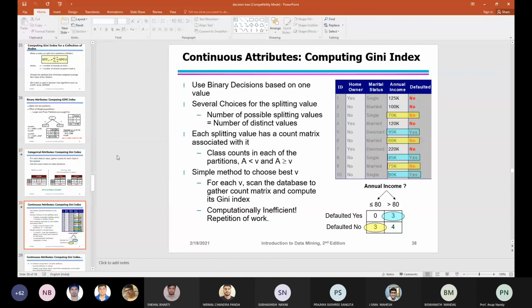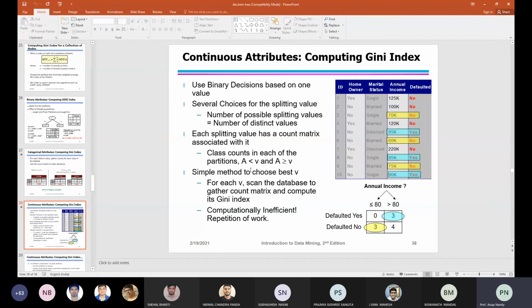It is based on the problem statement that you are going to have. Mostly it is given that only one continuous attribute is enough to take a particular decision.